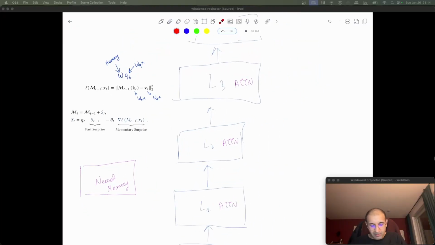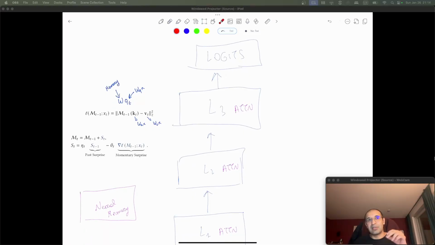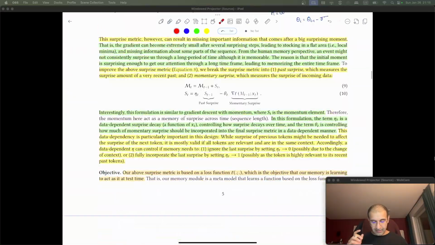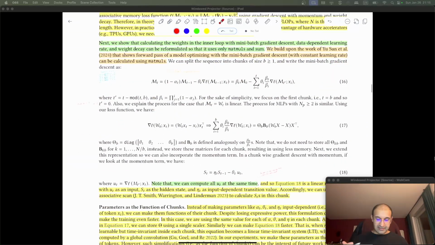Now let's talk about the problems of this memory. The problem is that every time, as you can see, we need to run a gradient descent on each single token. You need to train the model, you have a very big list of tokens and you want to train it as fast as possible. But if you need to update the memory one token at a time, it's very slow. But fortunately, in the paper, they also propose an algorithm to parallelize this training,